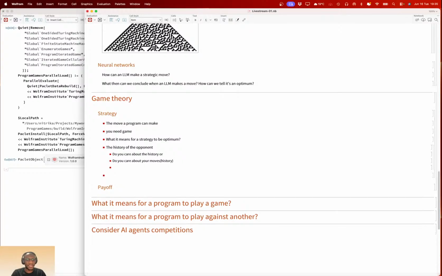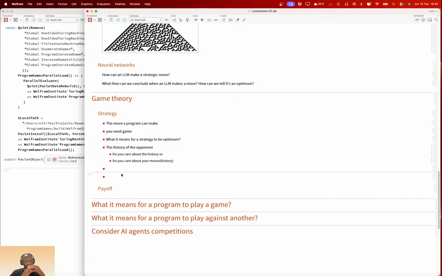And the other thing I think is interesting: given a game, you've looked at the program, you've looked at what the game should be, and you've asked what is optimality, what is an optimum strategy. Then you've also asked what is the history of the opponent. What then do you ask after that?